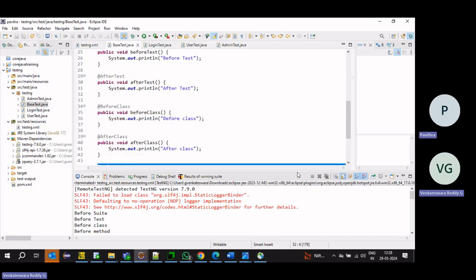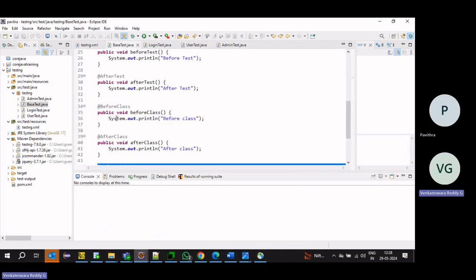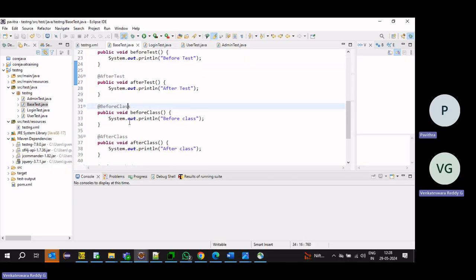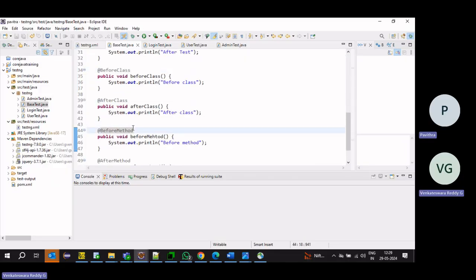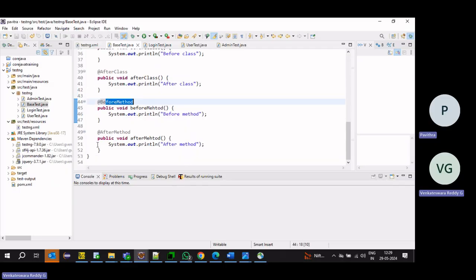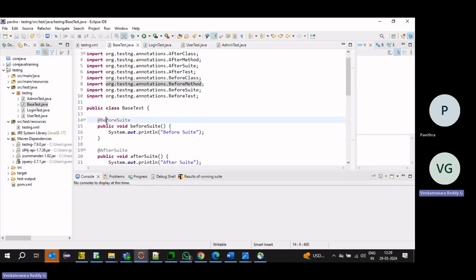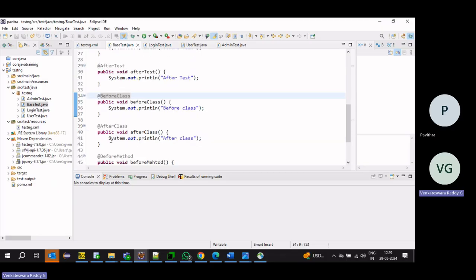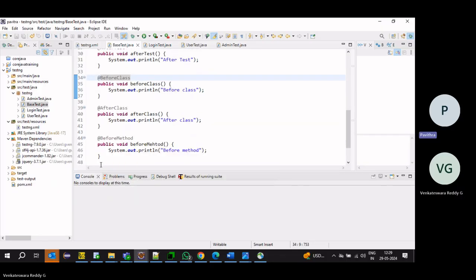Like this, it will execute. In the interview they may ask what is the order of execution of annotations. Before suite, before test, before class, before method, then the test case, one test tag, the test method.